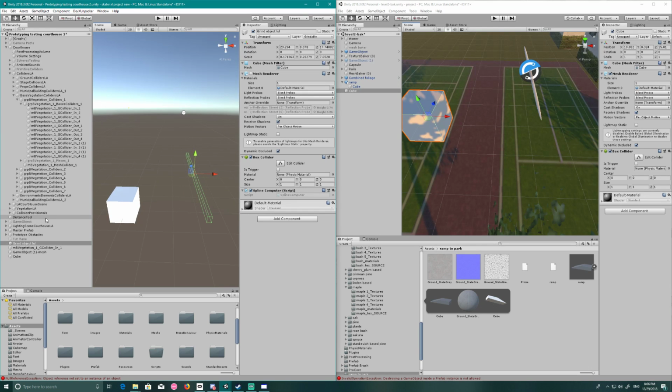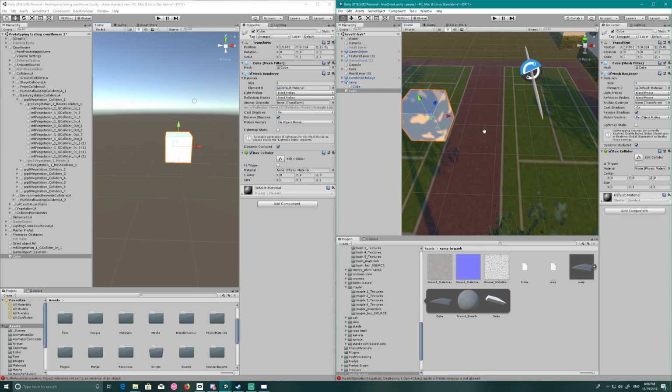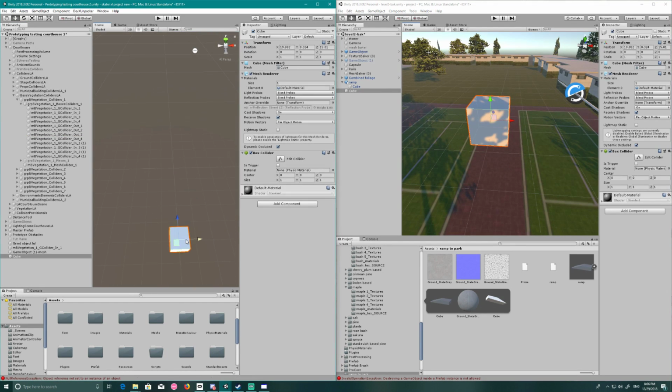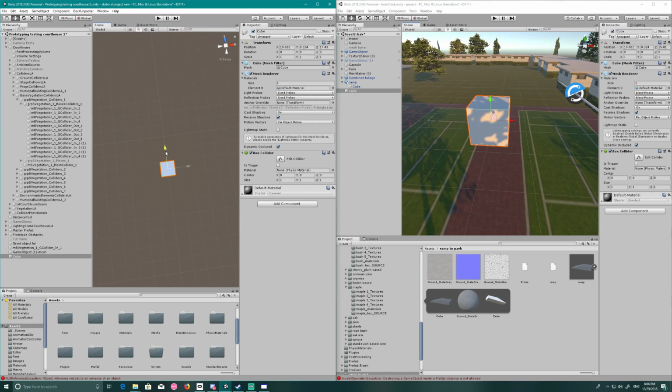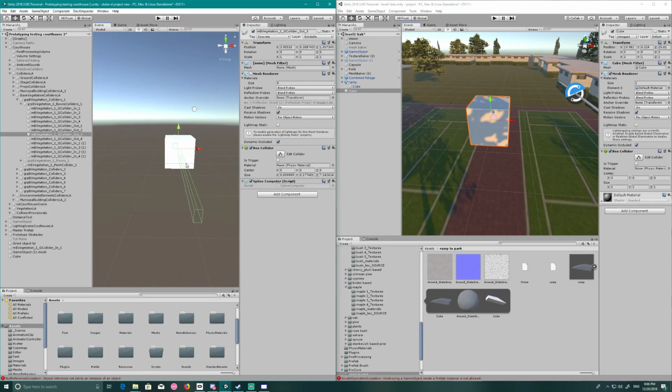Hold on. This should be in a similar spot, I hope. Now what we want to do is take this collider. Let's also put this right in the middle of it. Best to put it right in the middle because that's where the collider's transform is. That's good. So now that I have that,